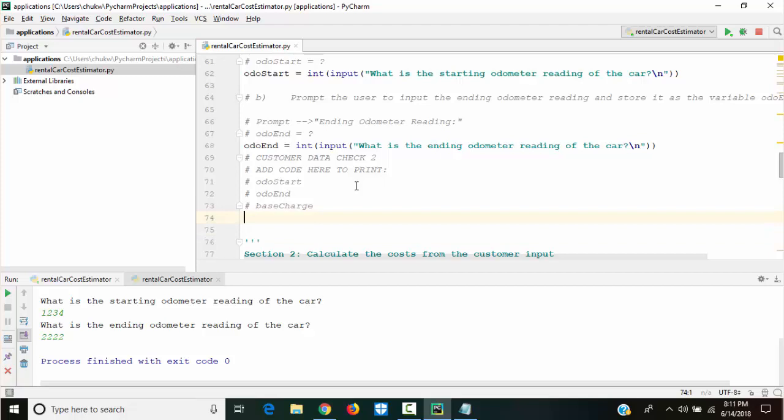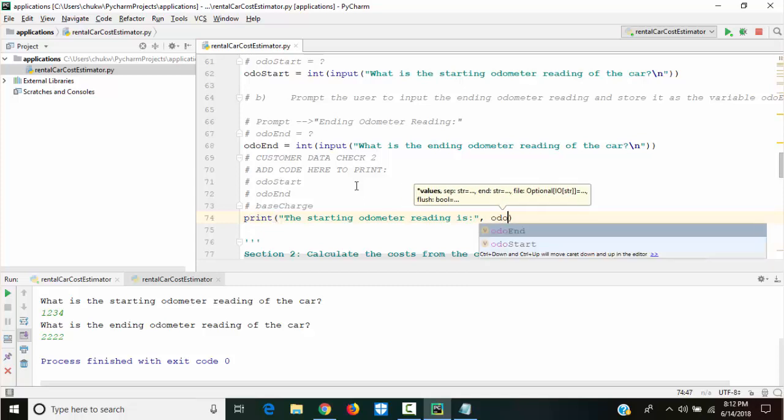I'm gonna come here and I'll print. I've already printed base charge. I'll just say the starting odometer reading is odo start, this is another way to express this.